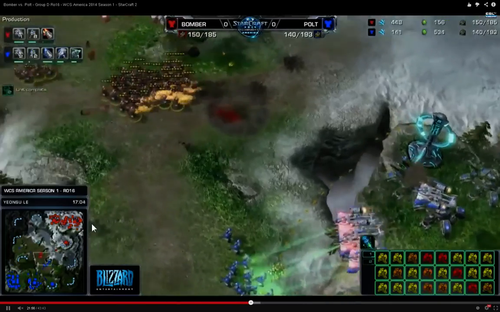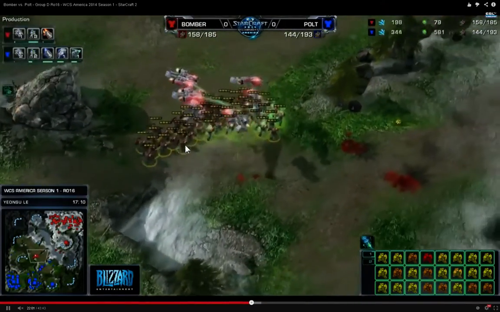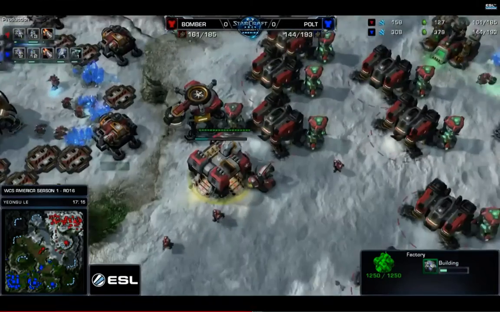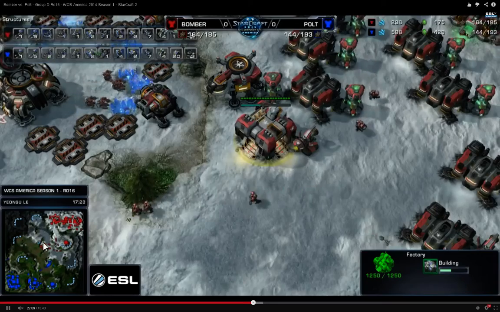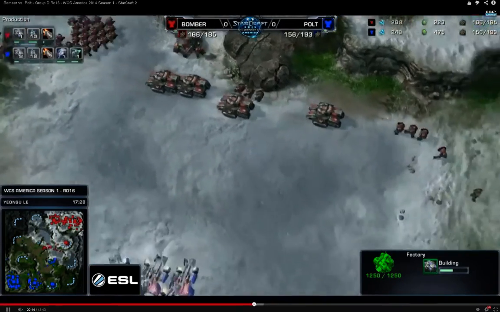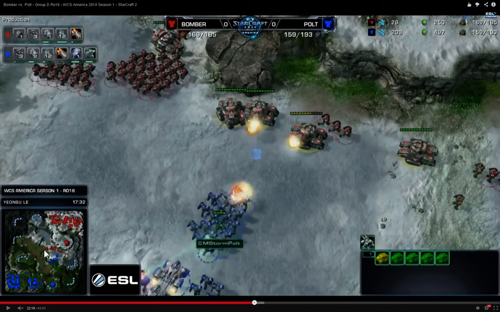Because of his insane map vision, he knows exactly where Bomber's army movement is. So now he knows Bomber has like 40, 30, I don't know, a lot of Marines and 4 medevacs worth of units out on the map. And Polt has this watchtower. He sees exactly what Bomber's army's doing. It's just ridiculous, the kind of map hacks that Polt is playing with right here. These watchtowers. And seeing this army move from this watchtower to over here means that Bomber's repositioning